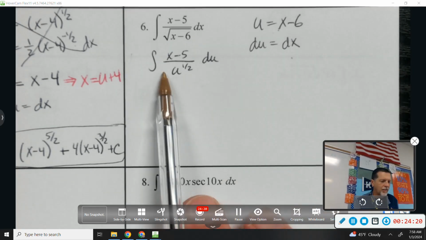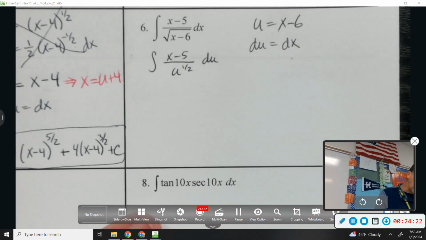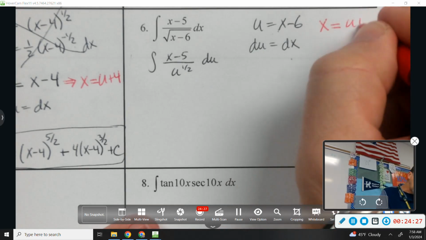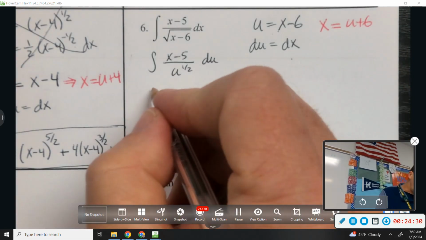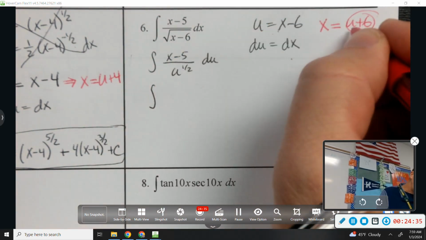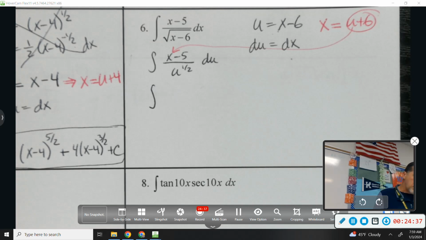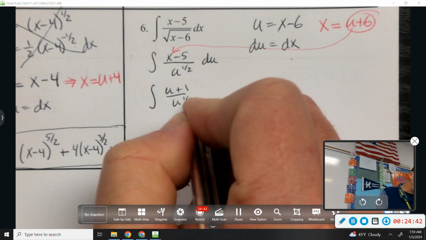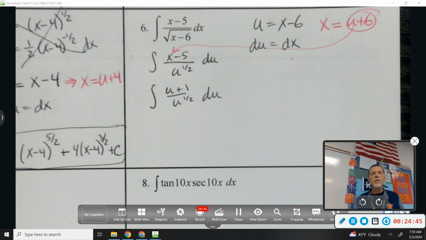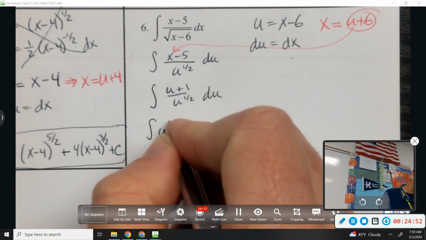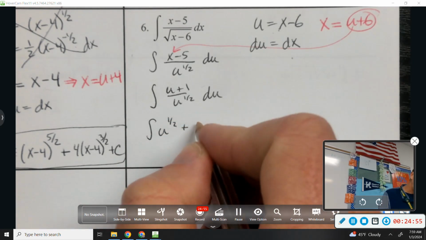Okay, I've still got an x in the numerator here. What is x equal to? U plus 6. So I'm going to put u plus 6. Trying to save space here. U plus 6 minus 5 would be u plus 1, all over u to the 1/2. And now I can divide both of those by u to the 1/2. So u to the 1/2 plus,